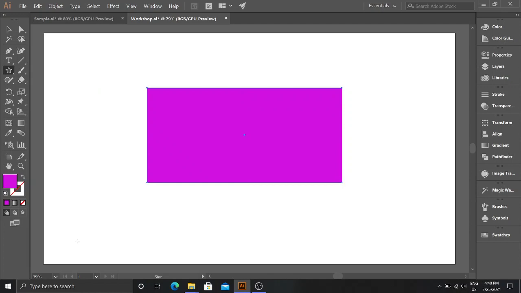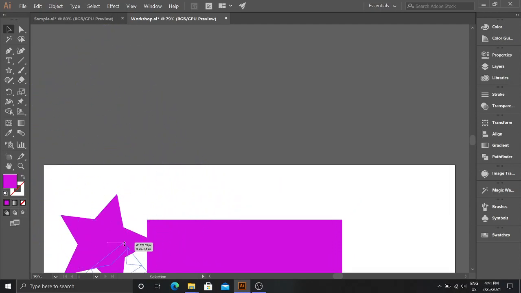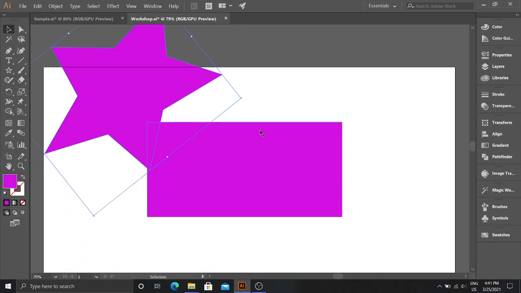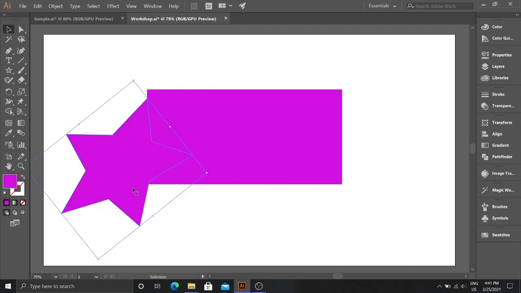Use the star tool here like this. Here you can see in the corners this double-headed arrow. You can use this to change the size of the shape like this. Okay,